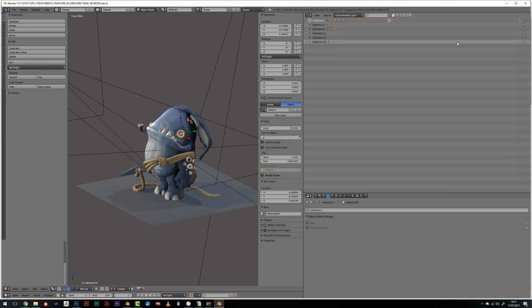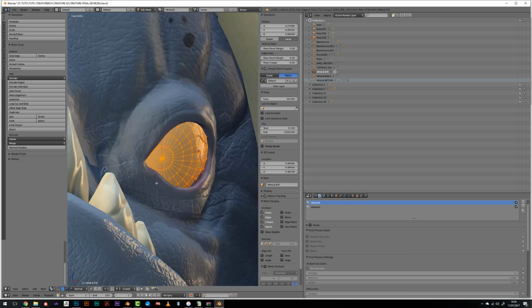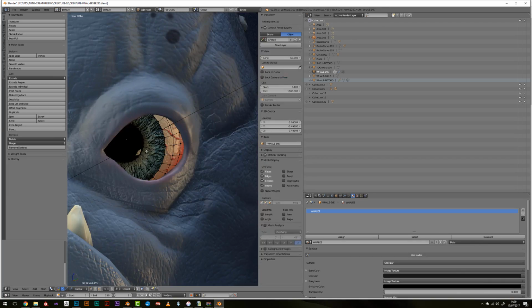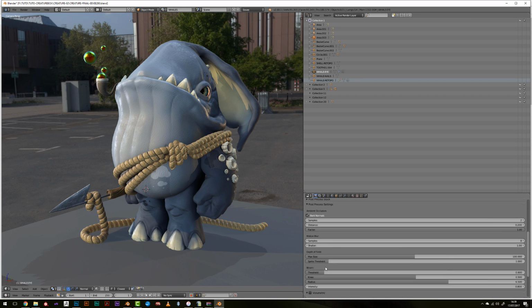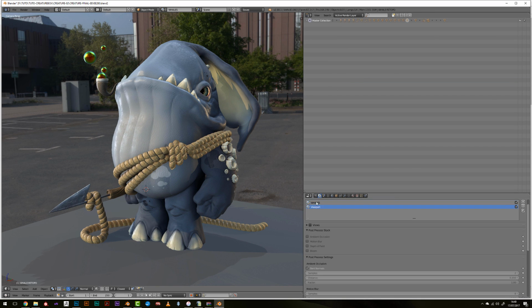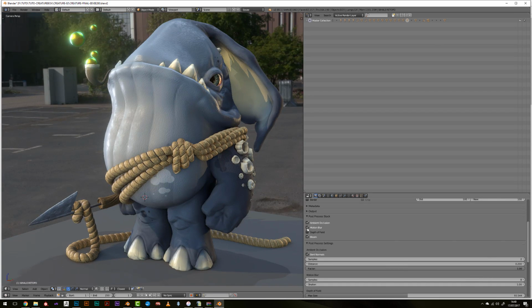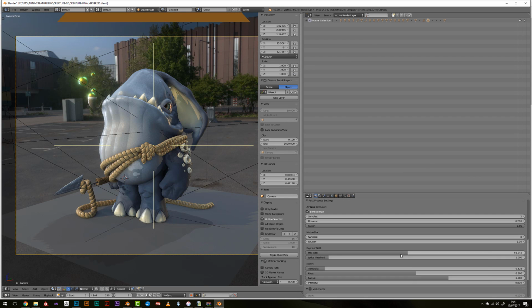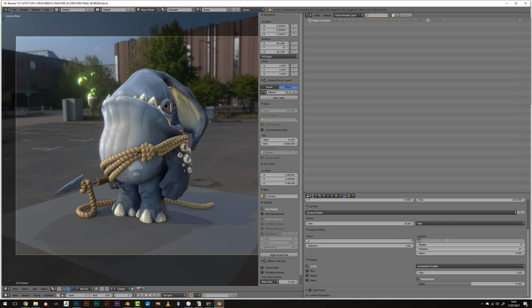For the eyes, I've just used a mask modifier to remove the parts that were occluding the eye, but it doesn't seem to work in the Eevee engine, so I just removed the useless vertices and went for render. So I've been struggling a bit with Eevee, but it was the very first time I opened it, and I think that with some work this can become one of my favorite render engines.